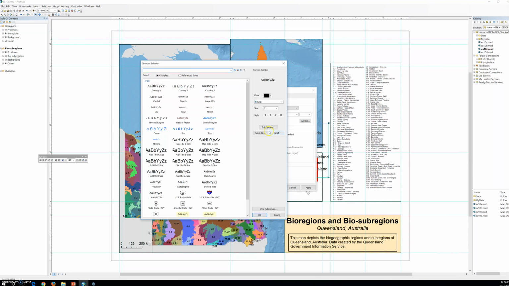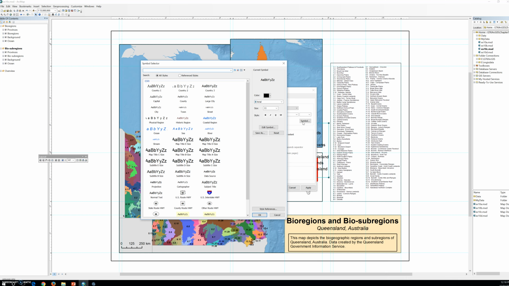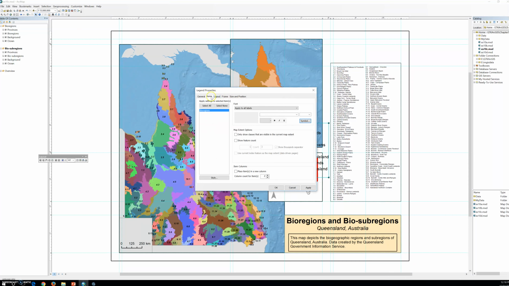So now Legend, in Style, and this one. Legend item. Okay, now legend item. Okay, then on the General tab,